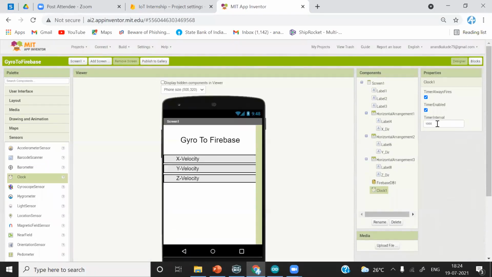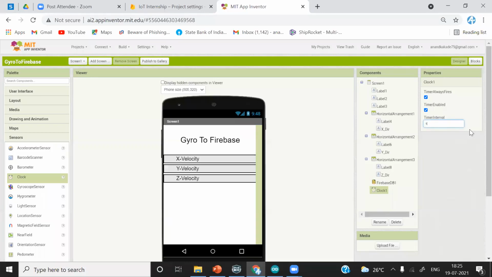To give the counter input in milliseconds, you just have to change it. Instead of 1000, you can make it 1 millisecond. In blocks, you can give 5000 for generating a delay of 5 seconds, and so on. So this input is in milliseconds.